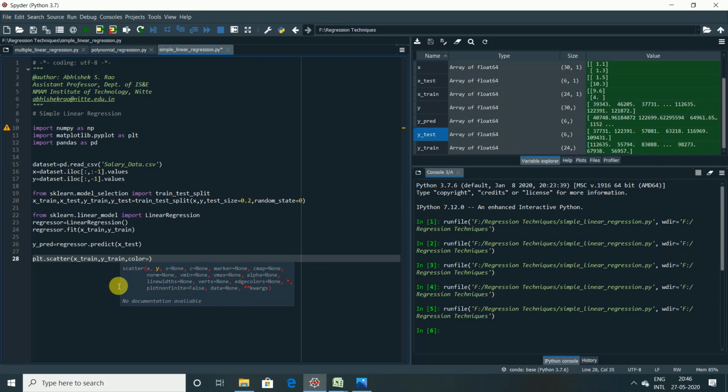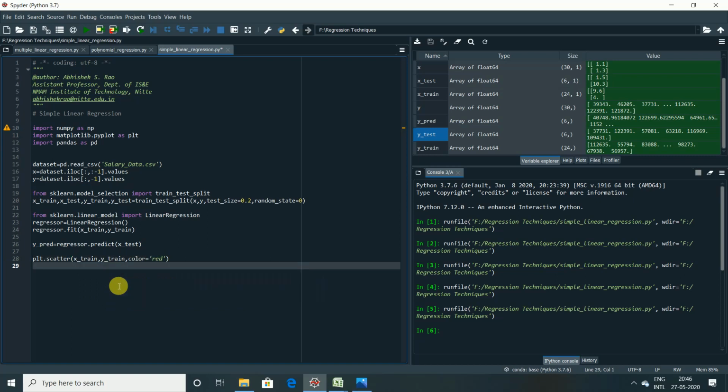That's why we give color equals red. So these are the observations, the scatter points, that means the true salaries.